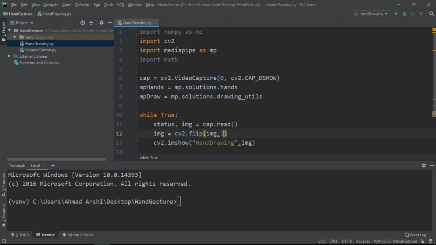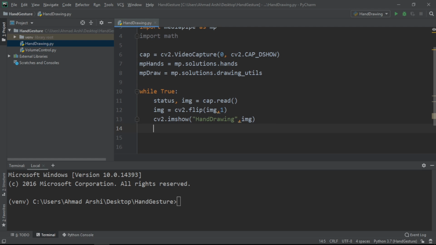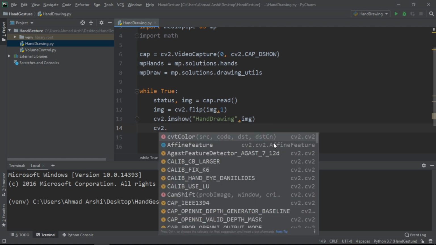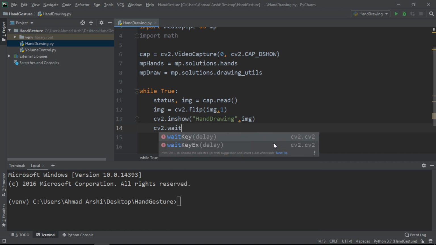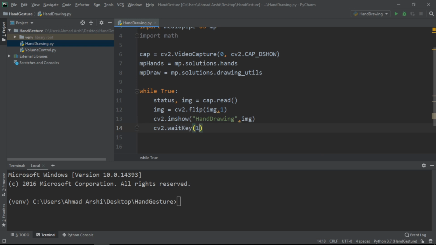So if we now just give it a go, actually before going further, we need to add the key wait. Otherwise it will just go on and on reading all this stuff and overwhelming our resources. So we just need to put a wait key over here. It waits for one key press, and then it will move further. It's actually not a very big delay. It will hardly be noticeable, but still it's nice to have it over here.